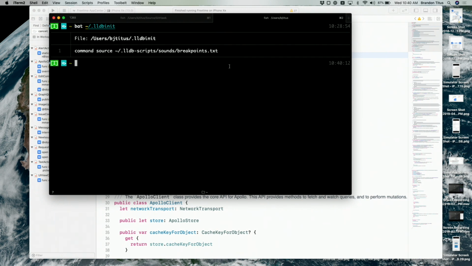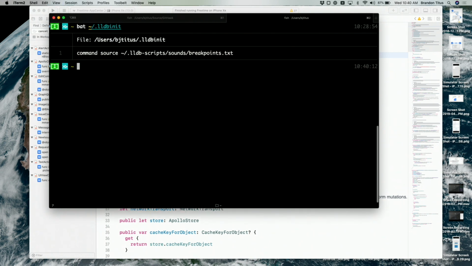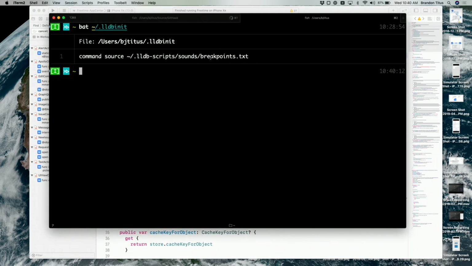The LLDB init file is in your user directory, and it's just a file that has LLDB commands in it, like you would enter in the command prompts in Xcode. So this command just tells it to import this source file, which I've put in a sounds directory. I made it a text file, but it's just a file with more LLDB commands, just like LLDB init. So you could segregate these out into different functions. And that file